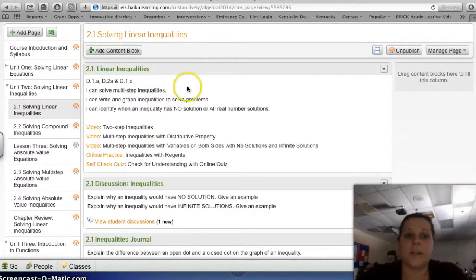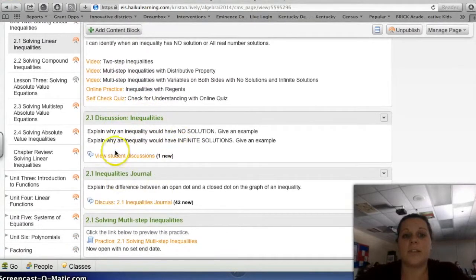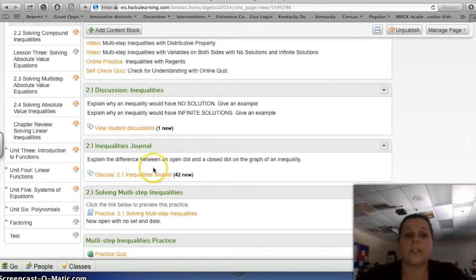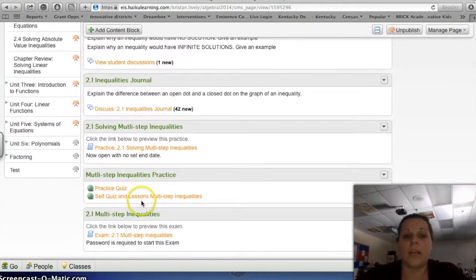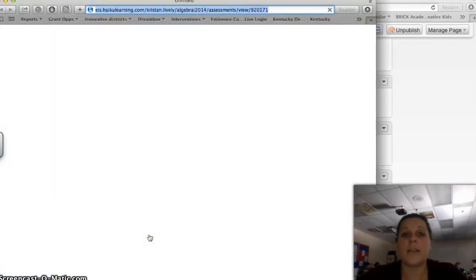Unit 2, Solving Inequalities. We'll have the standards, the targets, the videos with online practice, and then you'll see they'll have discussion questions and homework that they can move on, and then they have practice quizzes, and each one has a quiz where they can test out of the